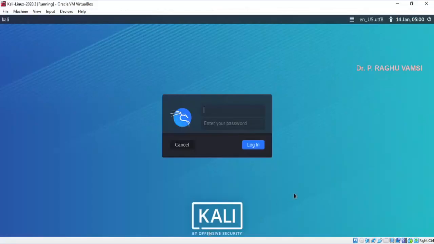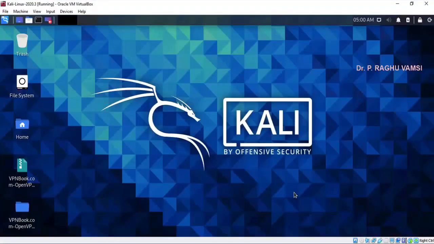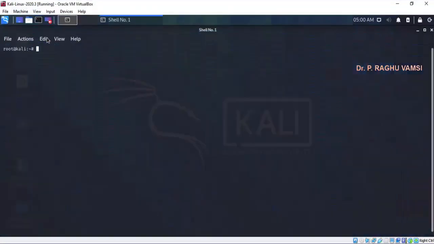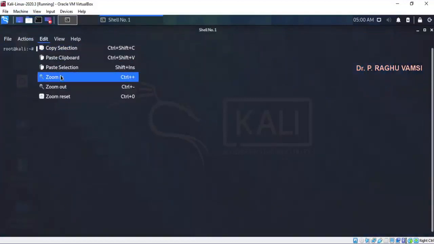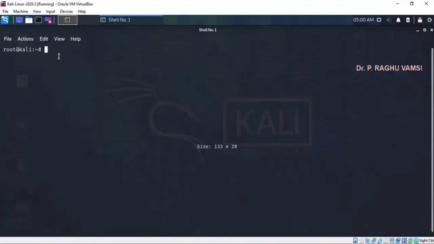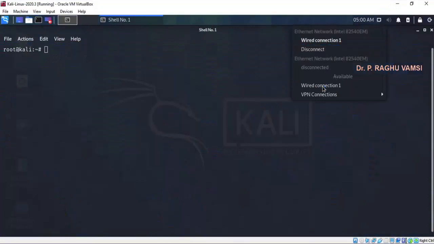And here I am choosing Kali Linux. Basically, Kali Linux is the Debian flavor. We can directly install this on Kali Linux. For this, the only thing you require is internet connectivity. Once internet connectivity is there, then